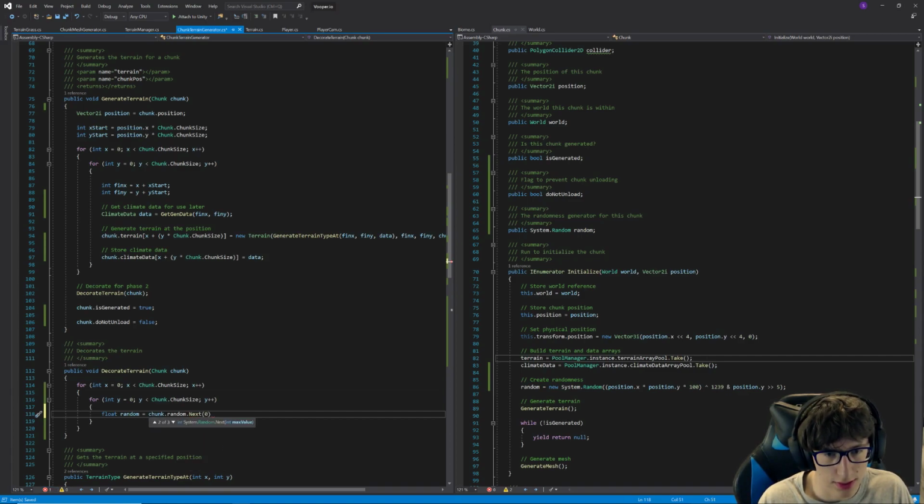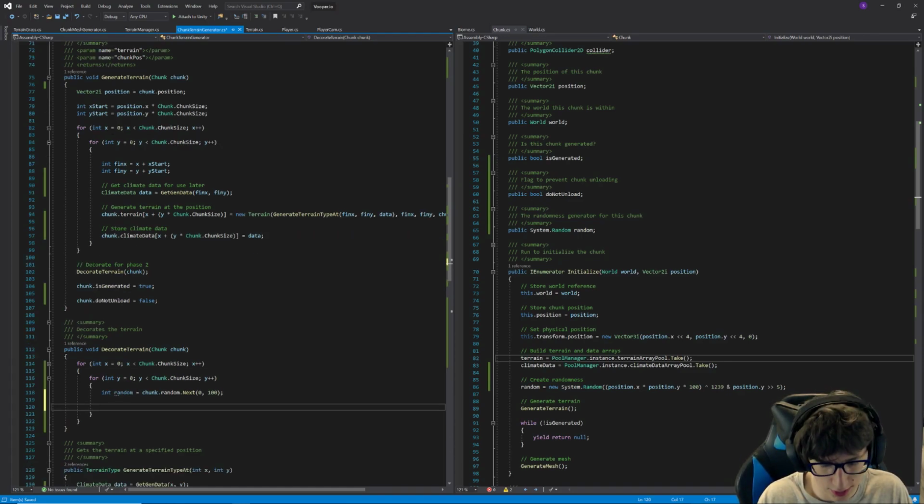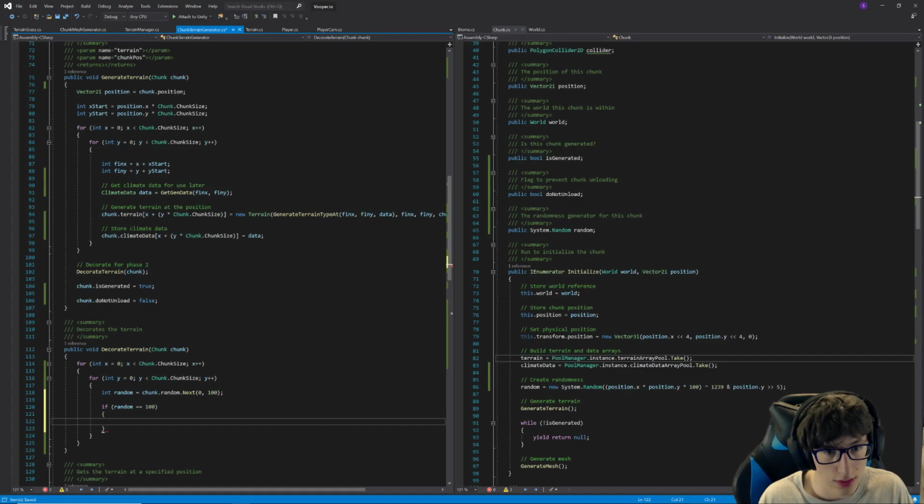and we'll go from 0 to 1,000, and we're gonna make this an integer. So actually we'll go 0 to 100. That's a little bit easier to understand. And so 1 out of 100 things will be a tree, just for testing purposes. And we'll do if random equals 100, or this is how often decoration happens in general, so any kind of decoration. So if random equals 100, what we'll do is